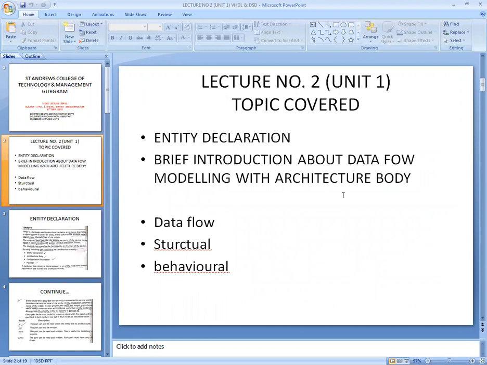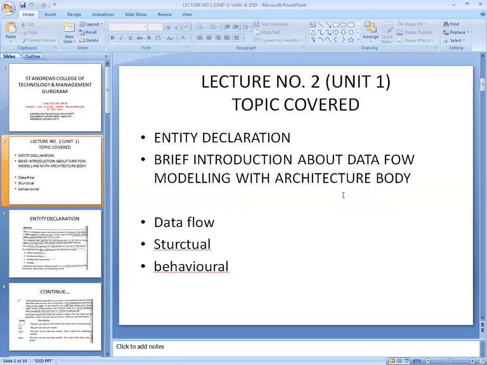Architecture body gives me the detailed description about your AND gate. It means how the AND gate will work, and what is the function of your AND gate. The entity declaration part does not give me the information about what the gate will do after functioning.